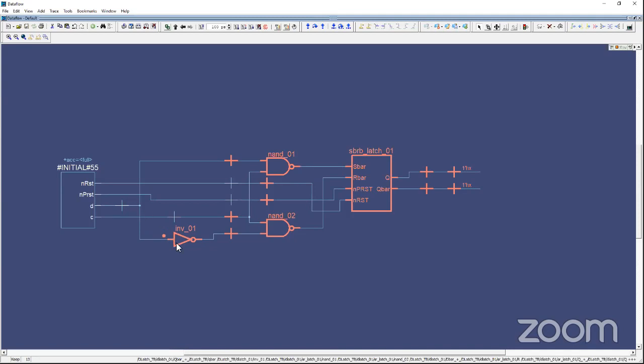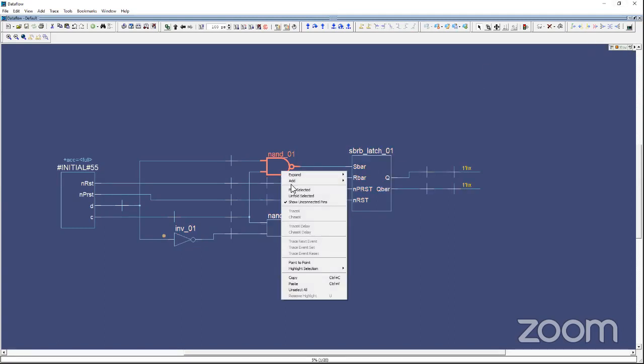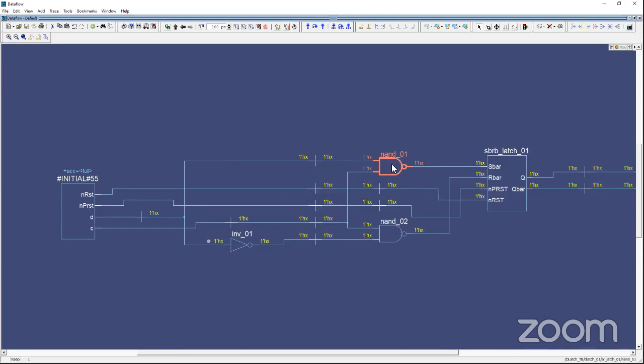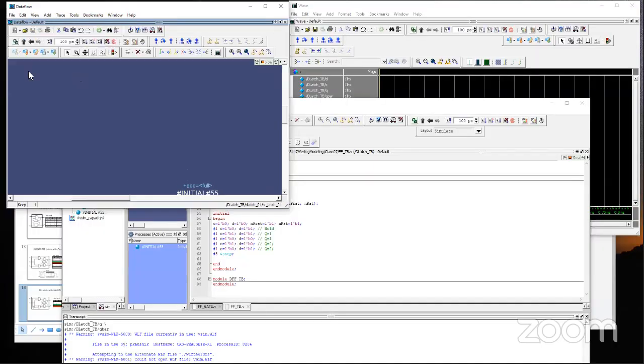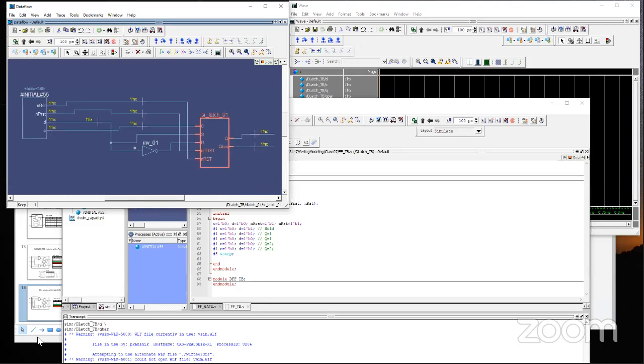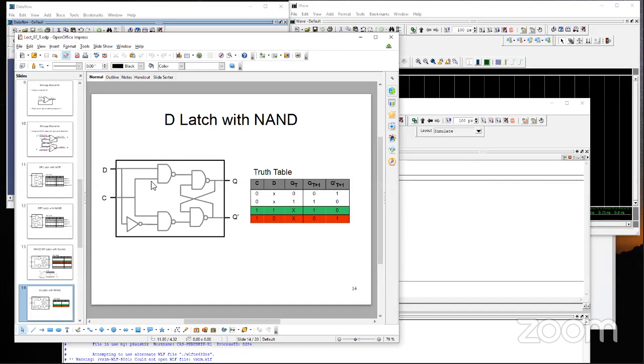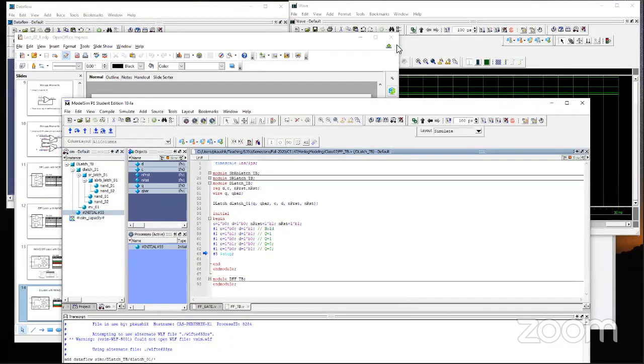Okay, in the D latch we see that inverter going and then connecting to the NAND of the D latch there. Fold. Oh, why don't we fold? Oh, here. So the SR latch is instantiated and the inverter is added to that. That's our configuration in this case. So the inner part is really your SR latch with control, and the outer part is your inverted D going to the S and R of that circuit. So we simulate and observe.